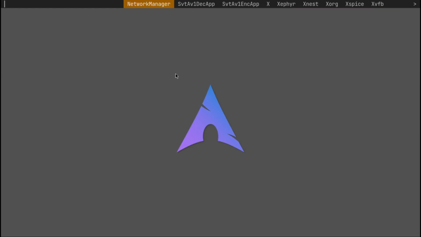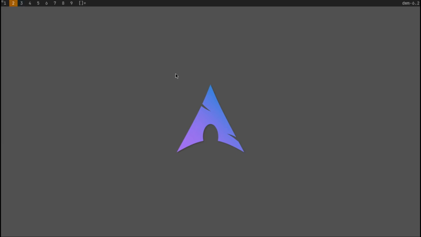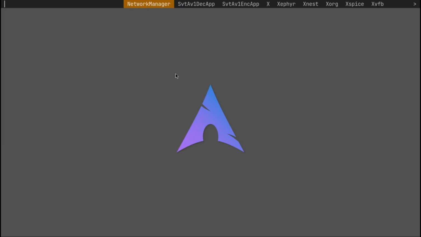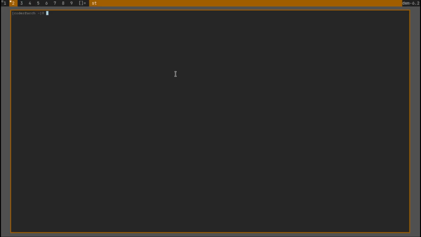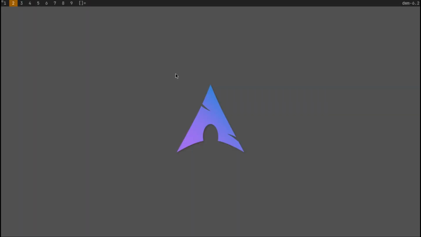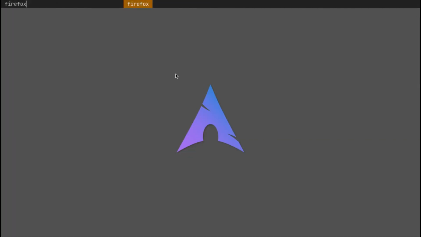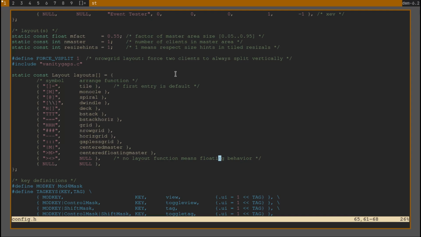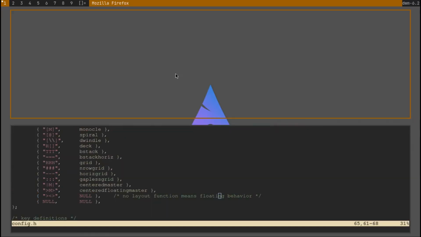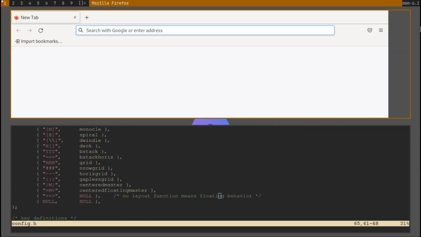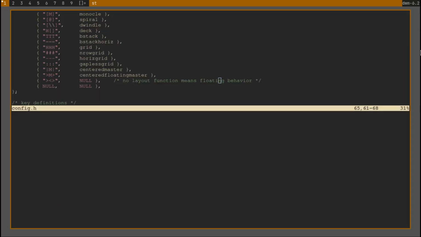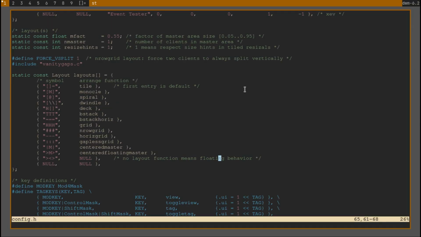And you can launch other applications by pressing mod D and then typing whatever you want. ST is the terminal. I can open the terminal like that also. If I want a browser, I just type Firefox and it will open it for me. Okay. That's basic opening and closing.